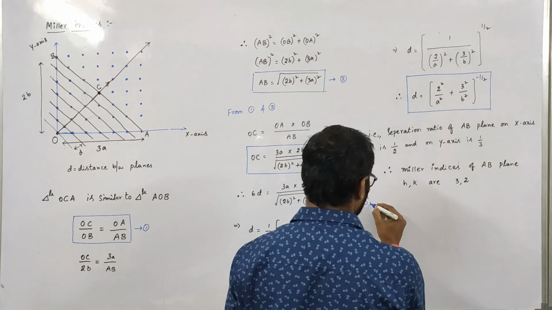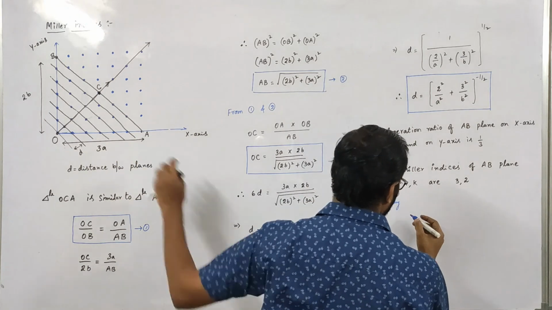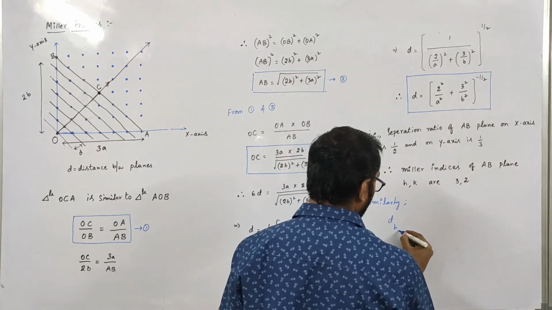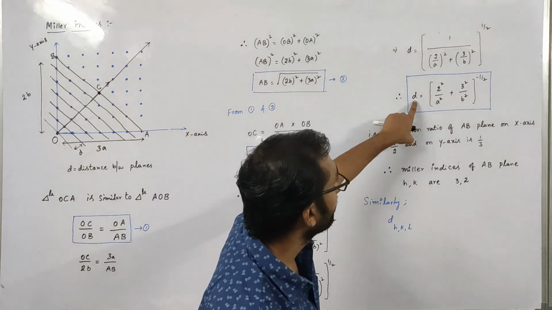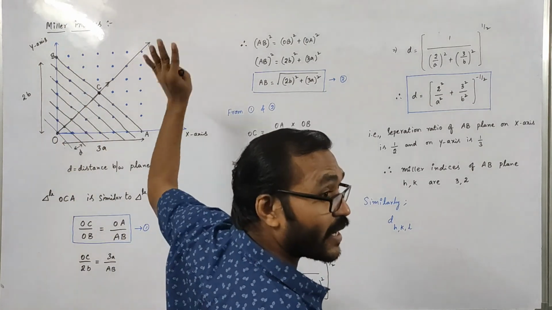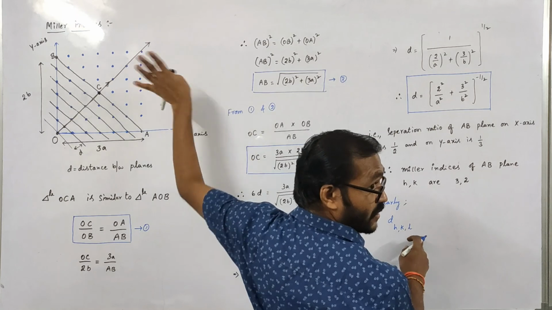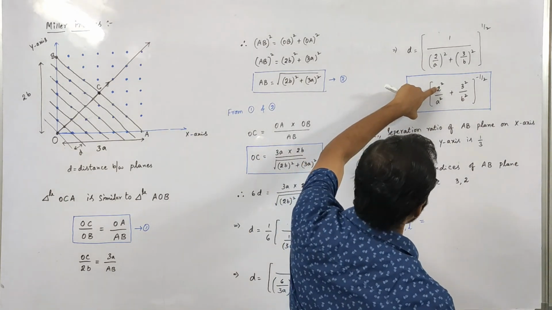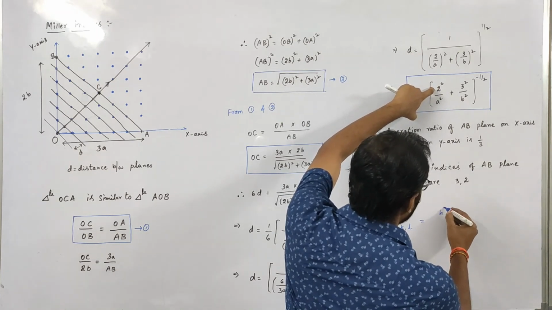Similarly, if it is a 3 dimensional one, D of H comma K comma L. If I write for 3 dimensions, making 3 intercepts on the x, y, and z axes, we get 3 different values: H on the x axis, K on the y axis, L on the z axis, is equal to what we write this as. H square by